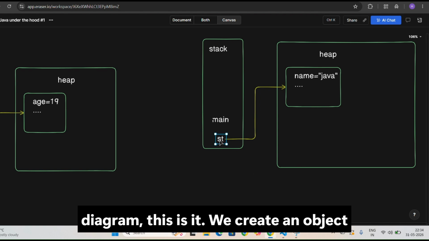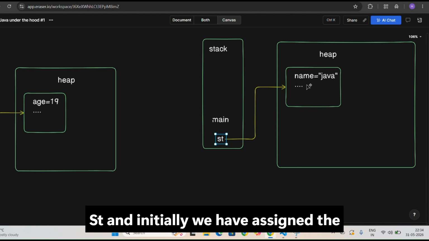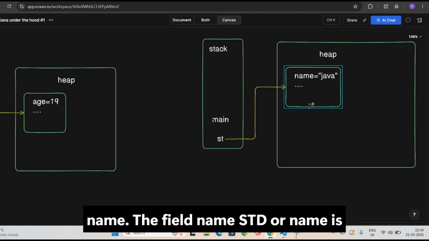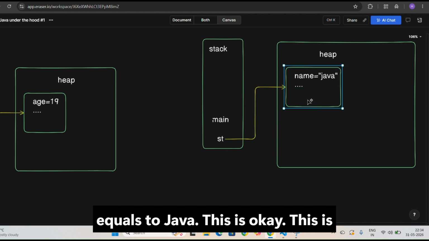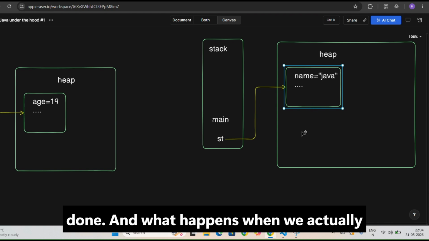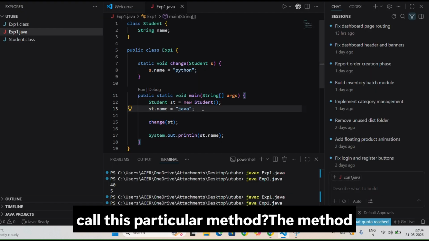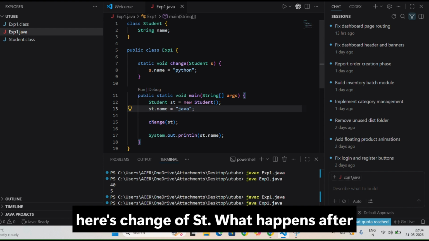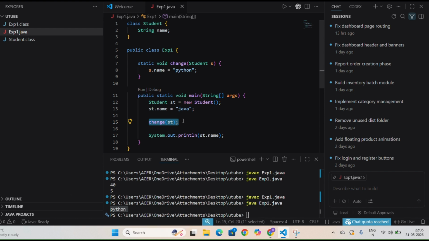We have created an object st, and initially we have assigned the field name, st.name equals Java. This is done. And what happens when we actually call this particular method? The method here is change of st. What happens after calling this method is